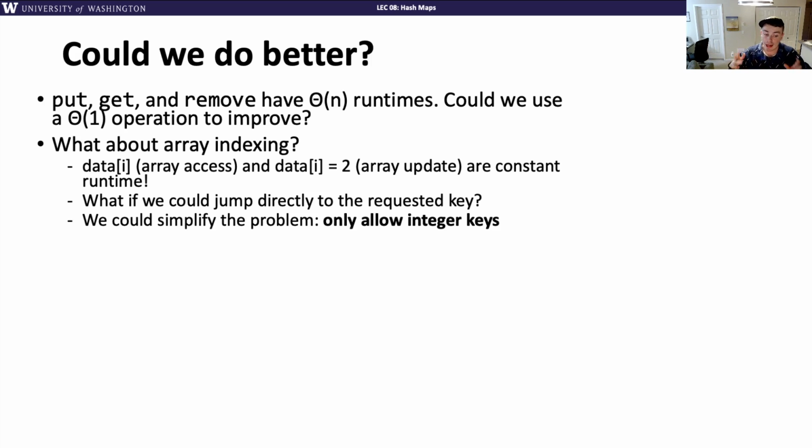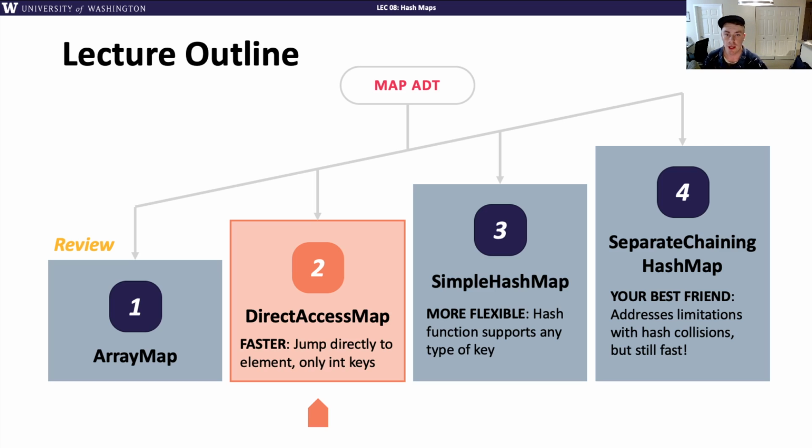Now, one way to go about this is, what if we restrict the keys to only allow integer keys? So we'll only allow the keys to be numbers between 0 and some large maximum number. This is a simplification for now. We'll talk in the next video about how to generalize this to work for any type of key, strings or whatever else you want. So this is going to be our motivation for this first fancier implementation,